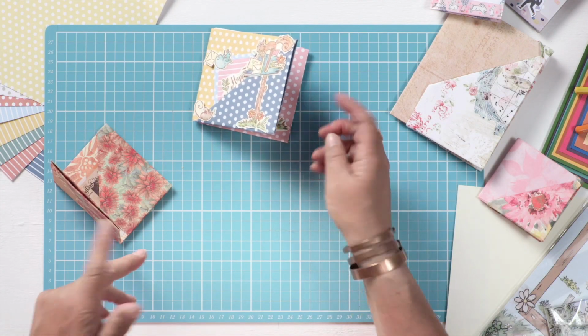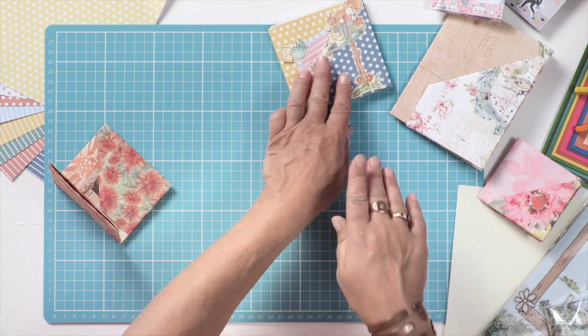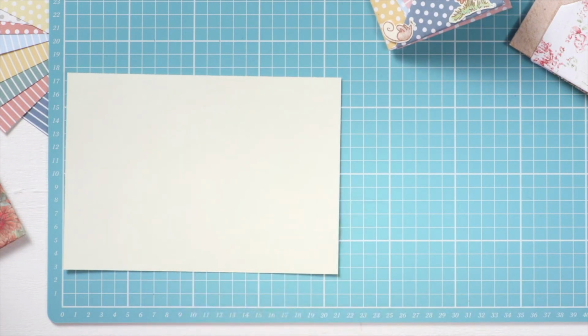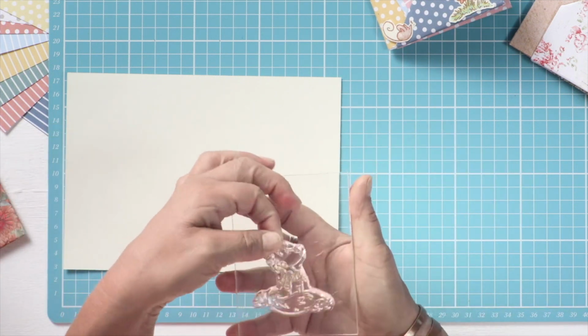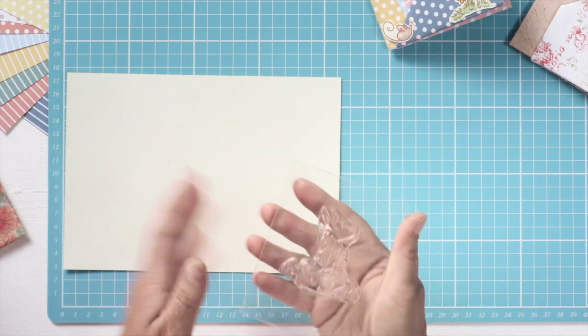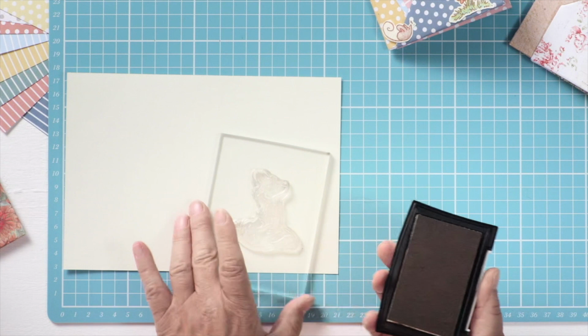I've used a range of stamps from Crafty Devils called Gypsy Meadows, which are quite nice wildlife stamps. I'm just going to give you a couple of quick tips on stamping if you've never done it before. Get yourself a clean piece of card on a flat surface. And these are self-cling stamps, so they simply peel away from the carrier sheet that they're on onto an acrylic block. You don't have to push them down hard. You use a good quality ink,